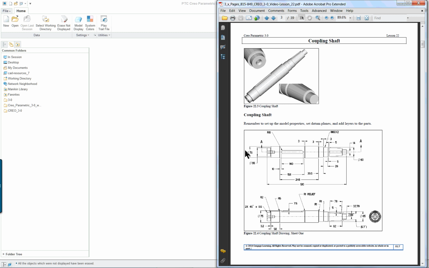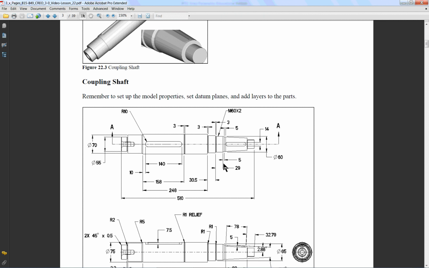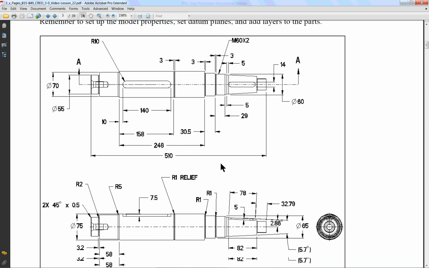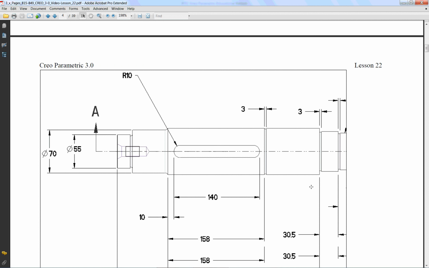We're going to start off with the shaft, and I think what I'll do with this one is I'll expand this out and make it a lot larger so we can see it. The drawing has a series of figures that go with it. So you can see we have here a couple of views showing the dimensions, and yes, everything works. This was originally done on an AutoCAD system, and then we moved it over to Pro Engineer years ago. So I'm not really thrilled with some of the dimensioning sequences that you will see. The design intent is a little unclear, but regardless,